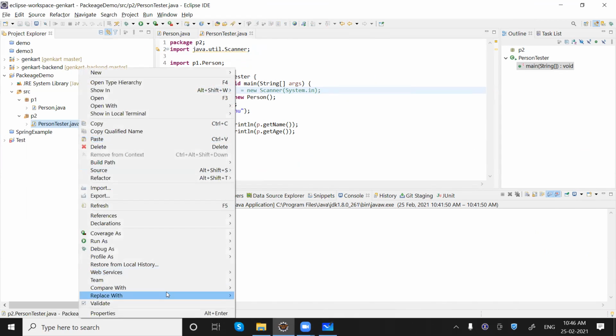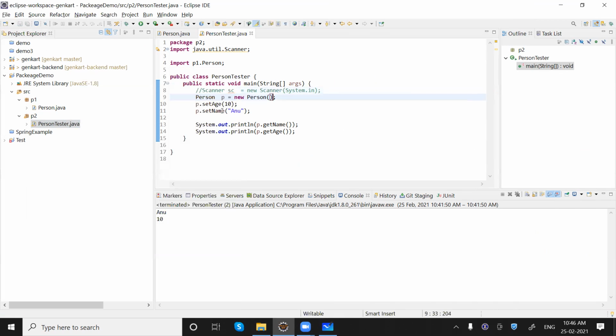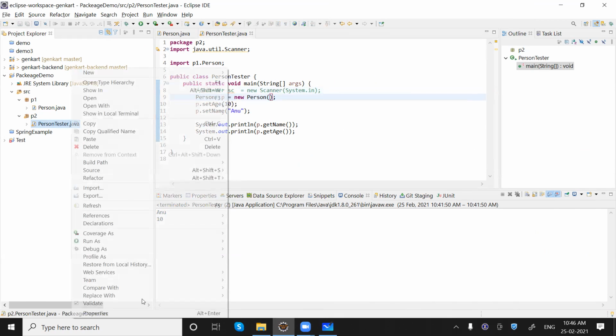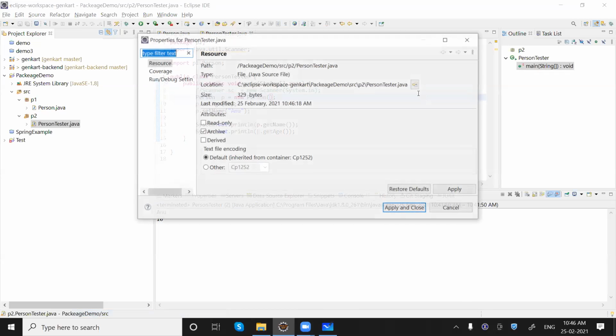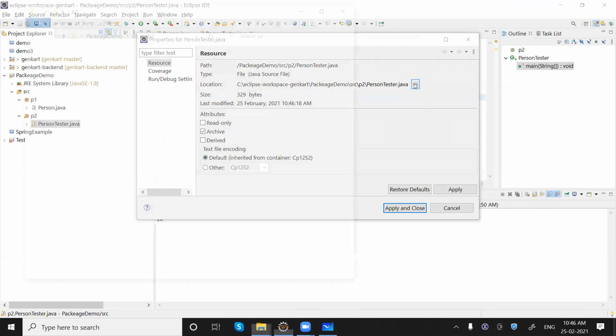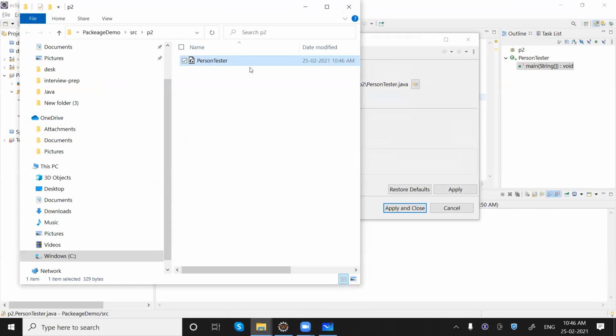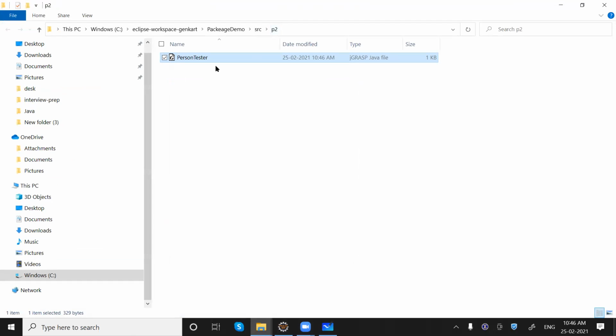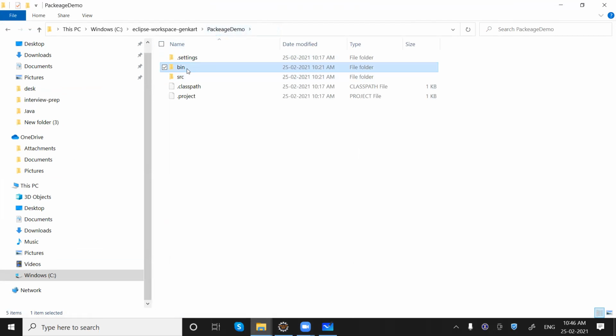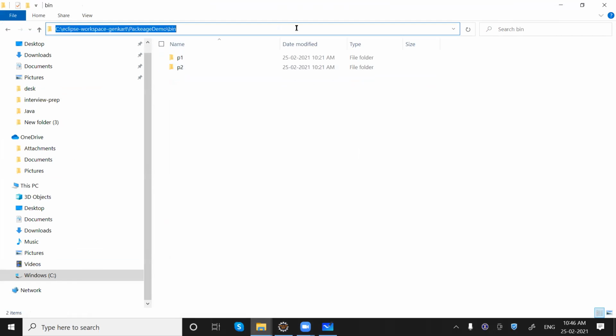What I'm doing is, so we have the bin folder. I'll run it from here.